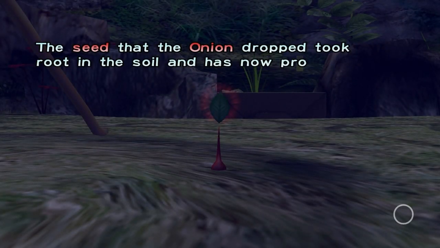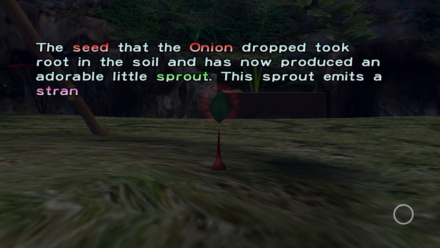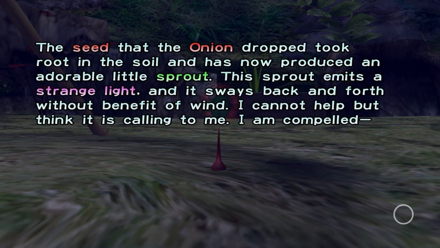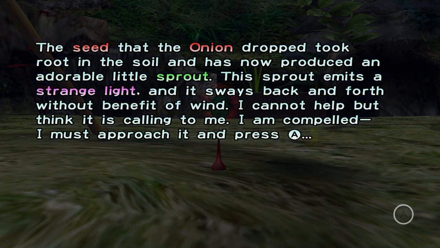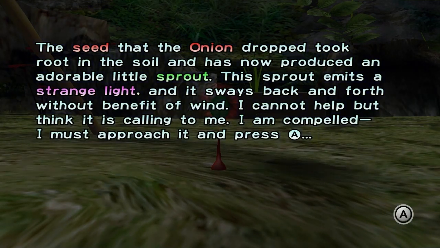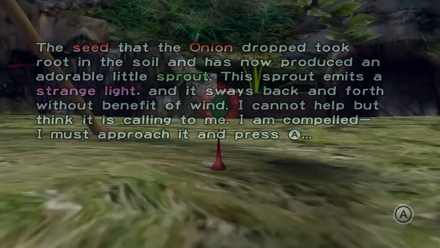The seed that the onion dropped took root in the soil. It now produced an adorable little sprout. This sprout emits a strange light, and it sways back and forth without benefit of wind. I cannot help but think it is calling to me. I am compelled. I must approach it and press